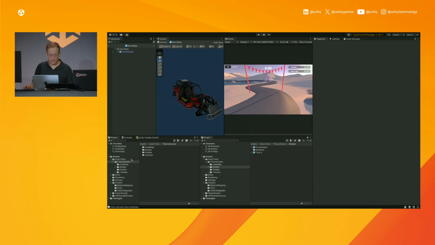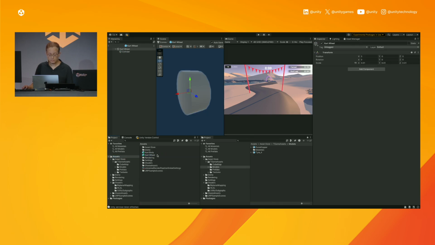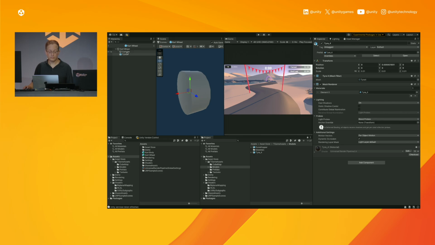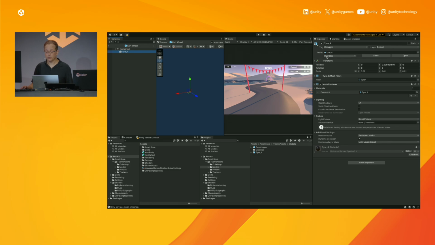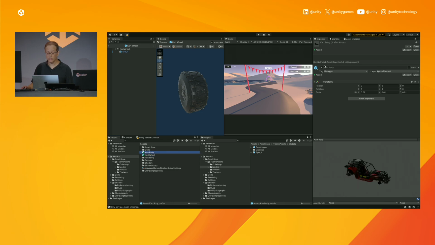Let me do the same thing in there for the wheel. So I'll double click on the wheel. I have my models. I'm going to put my tire. I'll delete my cylinder. And remember, I got to go back to those transformations just to make sure everything is good. 111. Perfect. So now I can see I have the cart body and the cart wheel, but now I want to